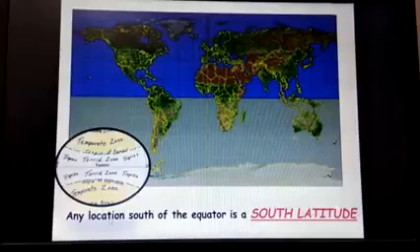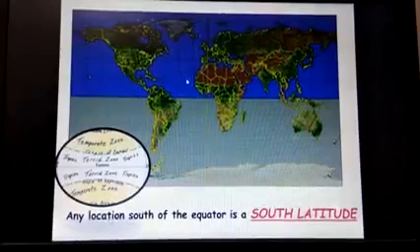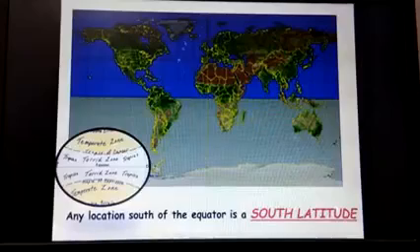See, here we have certain lines. Here is the equator. This is the line of Capricorn. This is the line of Cancer. Here you see the equator, the line of Cancer, and the line of Capricorn. So all these are drawn here.